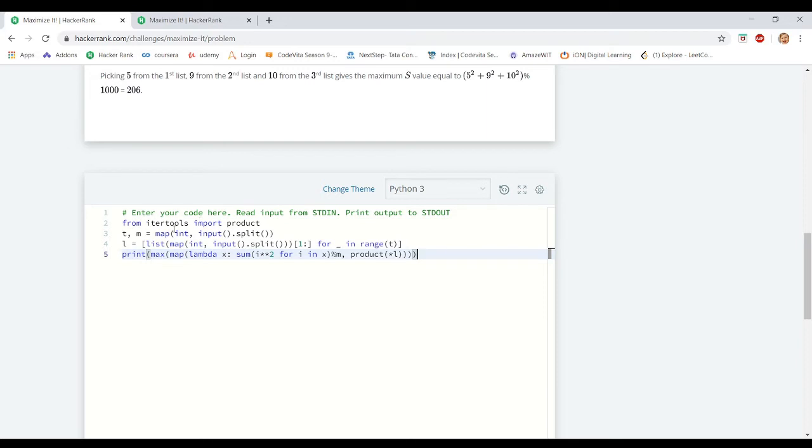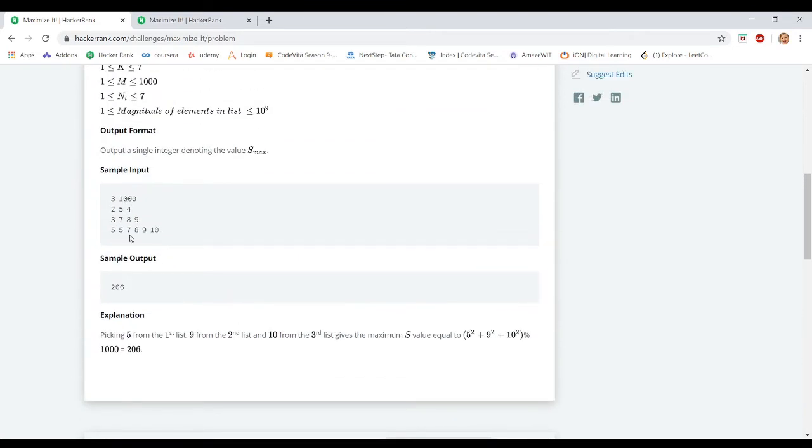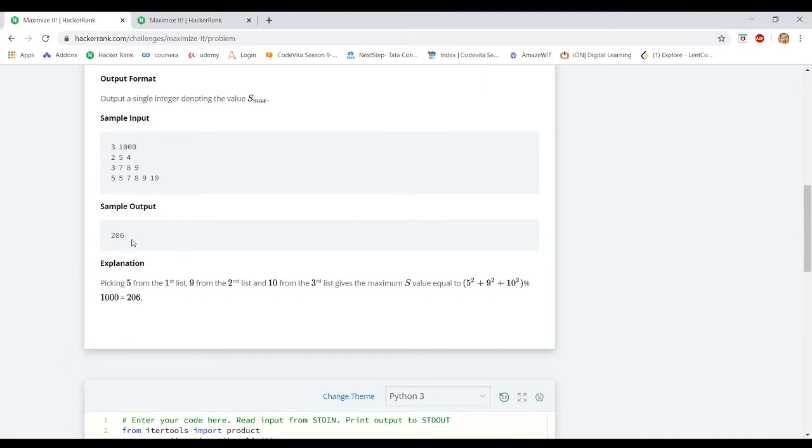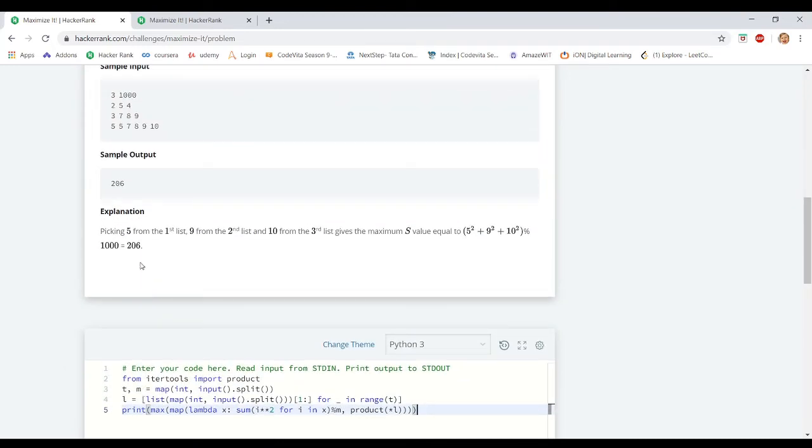Let's see how our code looks. Here we are importing itertools, and from the itertools module importing the product method. I am using two variables t and m to store the sequence of values 3 and 1000. 3 is stored in t and 1000 is stored in m. We need to take a list of values in the second line, and it needs to be repeated for n number of lines, which is equal to t.